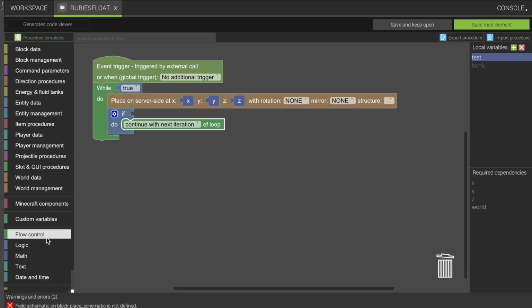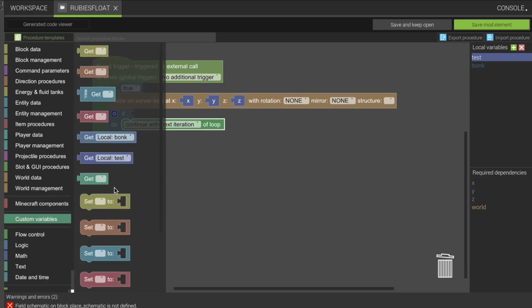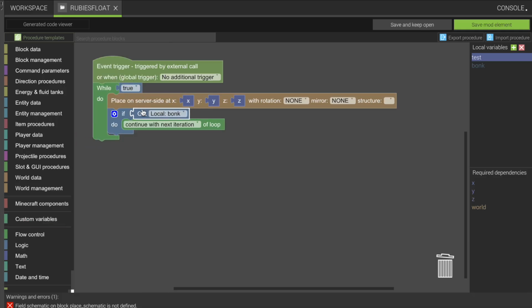Now we can go get local bonk. Use schematic on block place, schematics is not defined. Yeah. Then this is just test code. Don't worry about how complicated it is. We'll go over that stuff in the far future. But